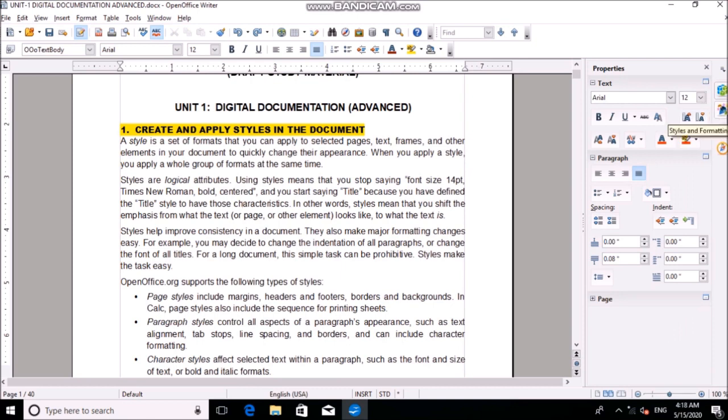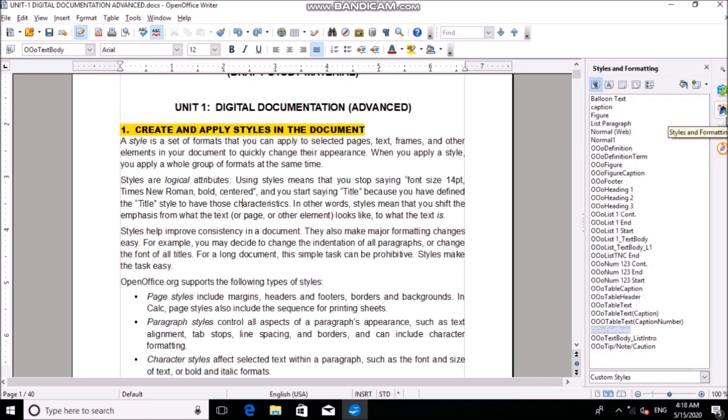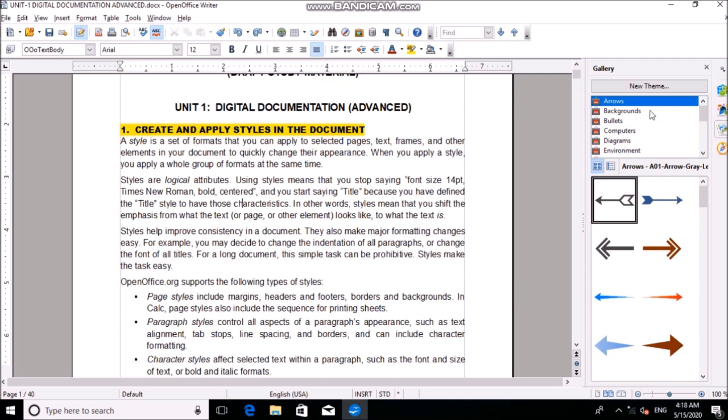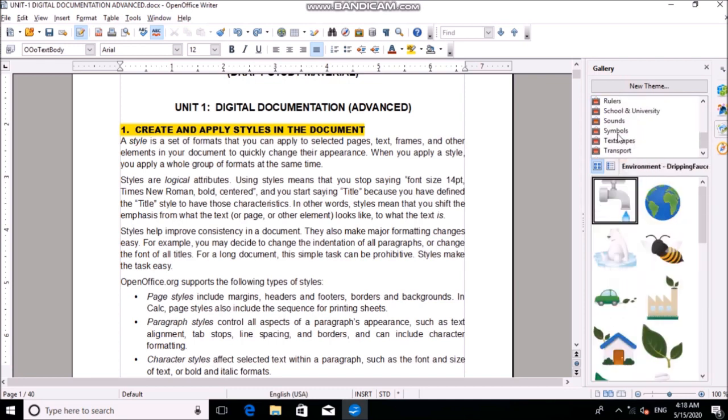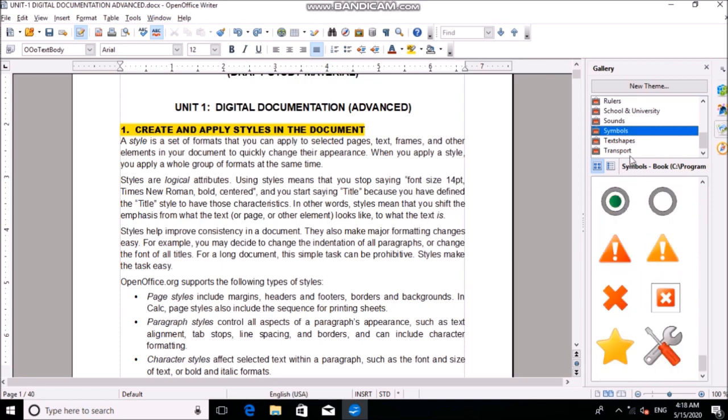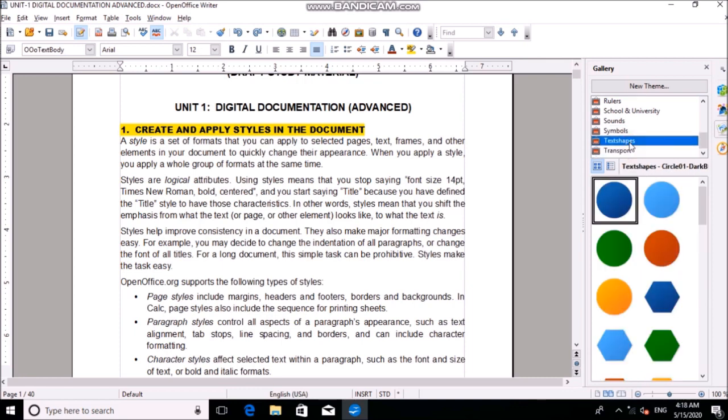You see the icon, you have to memorize this icon. And this is the Gallery, the built-in images you have under these themes. You can select symbols and many kinds of clip art, like you have in Microsoft Office. OpenOffice has also provided you with the Gallery option.